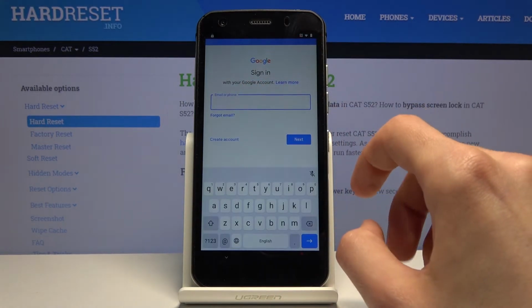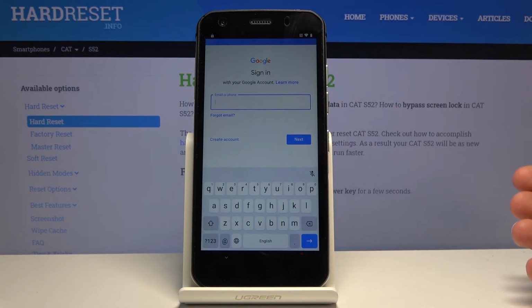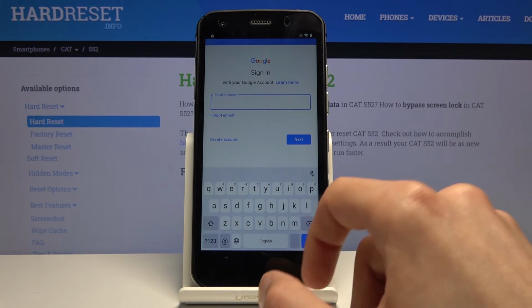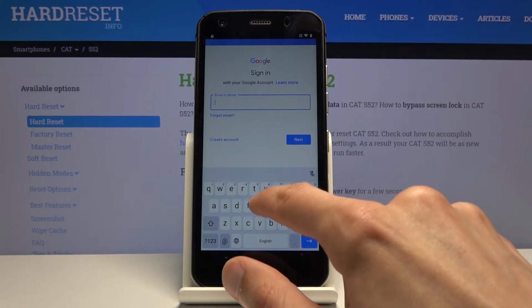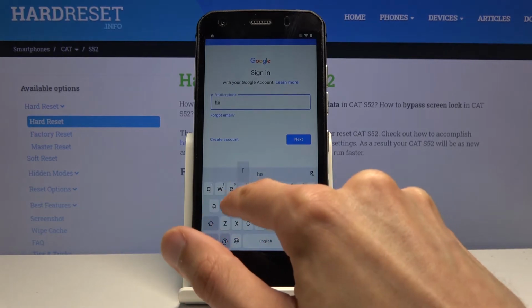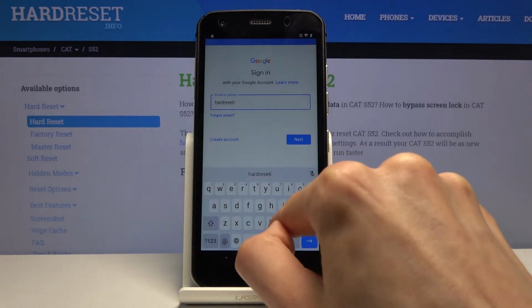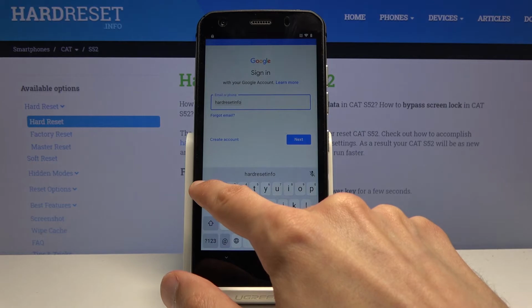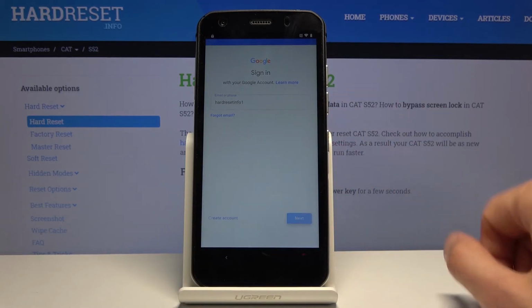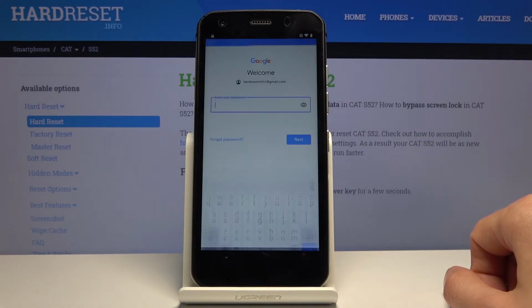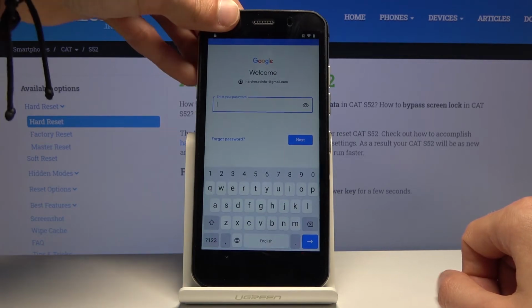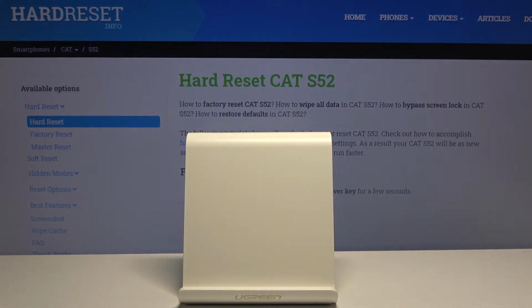So from here you want to use your Google account. If you don't have one, you can always create it. It's completely free, and once you have created it you can then use it to log in. Now I already have mine, so I don't need to create anything, and I'm gonna use that. There we go, let's tap on next, and I'm gonna put in the password. Let's tap on next,